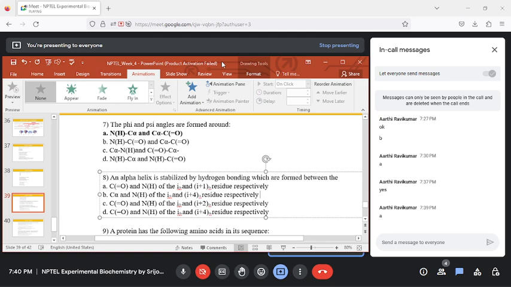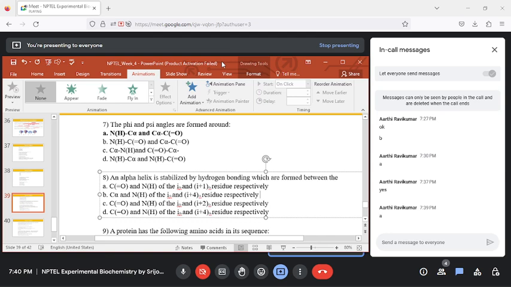An alpha helix has a spiral structure. I'm giving you a hint: it has a spiral structure. So the neighboring atoms would be in a spiral position, not favorable for hydrogen bond formation. Rather, atoms at a far away distance would be in a better condition for forming a hydrogen bond.